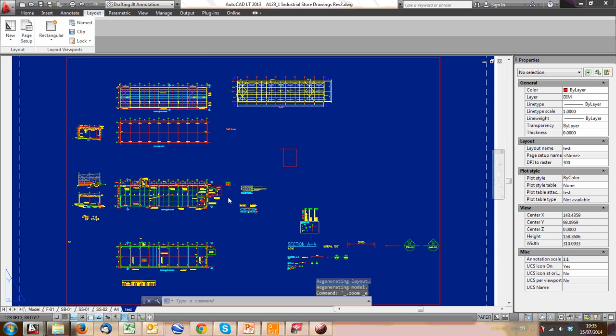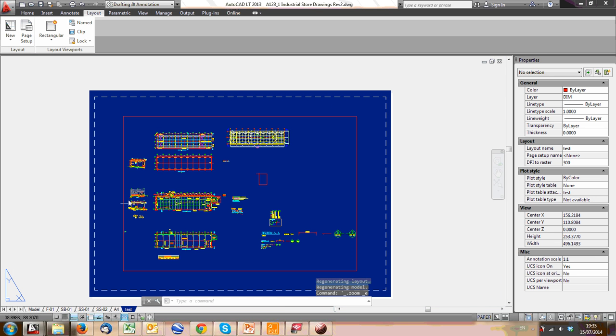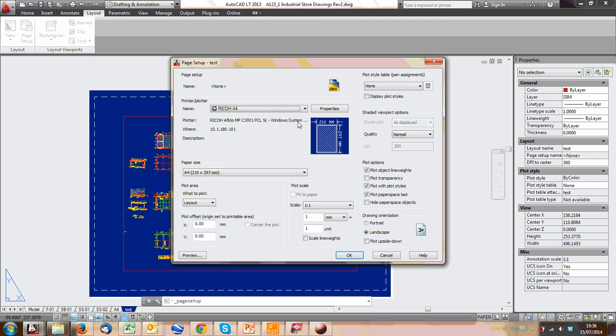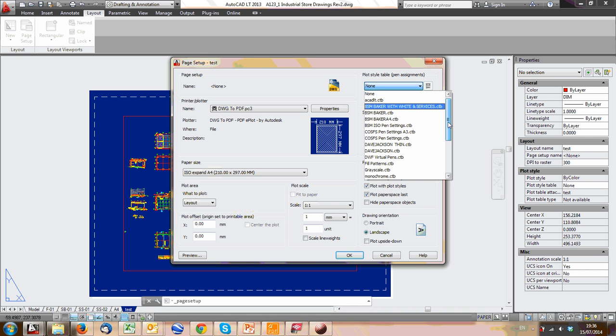When you start a new layout, we're going to create an A1 drawing here. So we're going to go now to page setup. When page setup comes up, it's the page setup manager with all these different options. We're going to modify the page setup now, so we'll click on modify. We're going to select a printer firstly. We can just set it as DWG to PDF for now. Plot style, we're going to set,